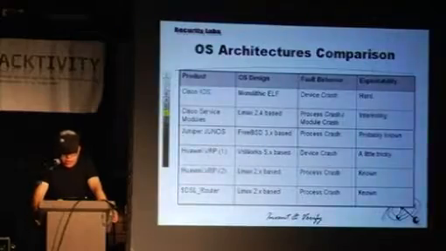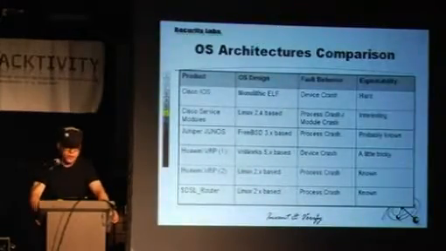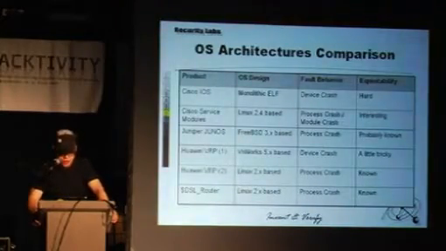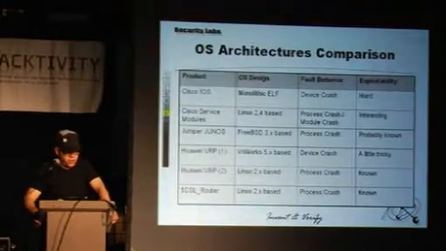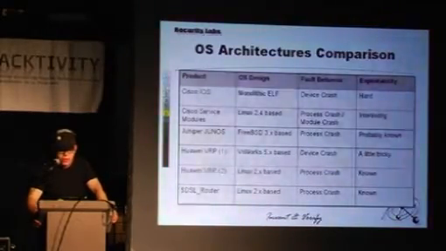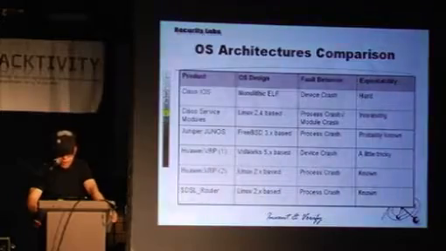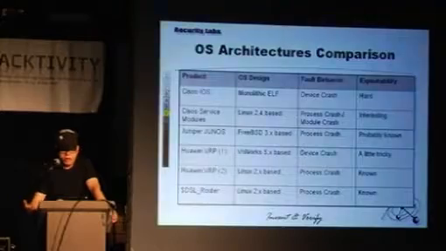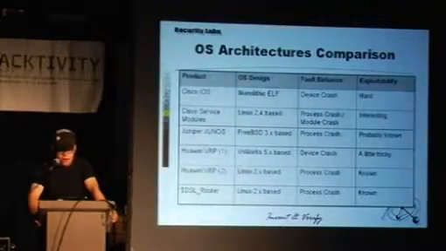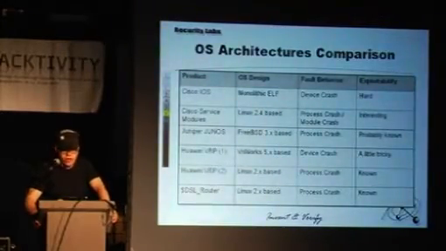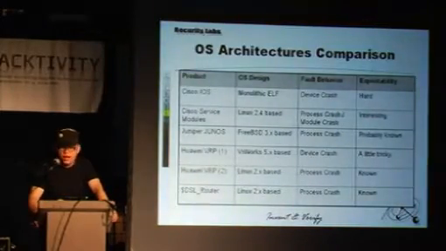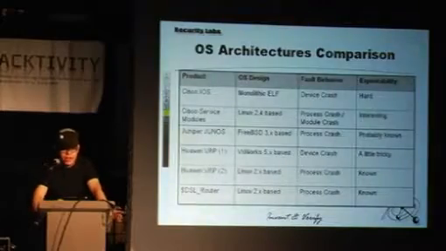Let's talk a little bit about the architecture. To summarize what you're seeing here, everyone in the routing industry has an operating system except for Cisco. Because everyone else runs on something that has a scheduler and, you know, the concept of a process and everything, and Cisco has a monolithic ELF file. So the default behavior, if something goes wrong, if the memory gets corrupted or something, on most devices is the process crashes, the same way it does on your Linux laptop. On Cisco, the whole thing crashes, like the entire router, because that's the only thing they can do.